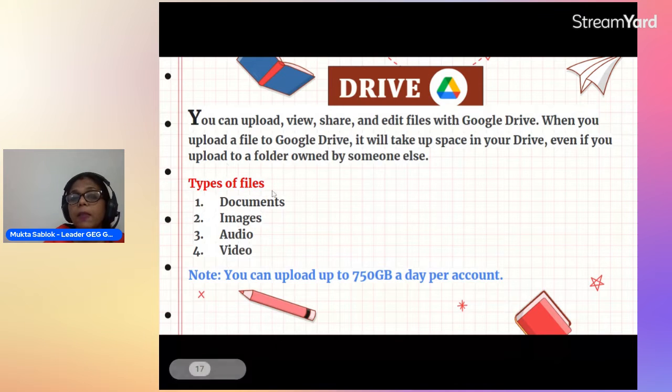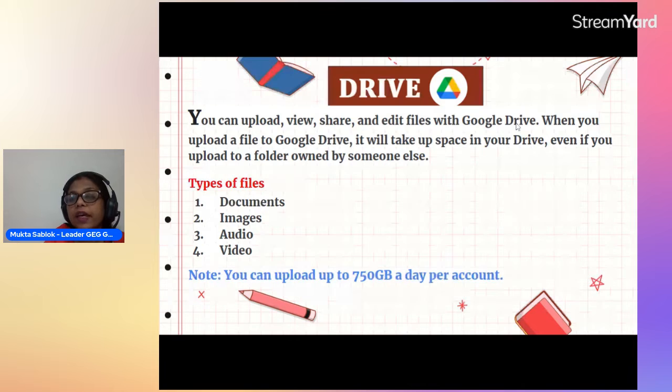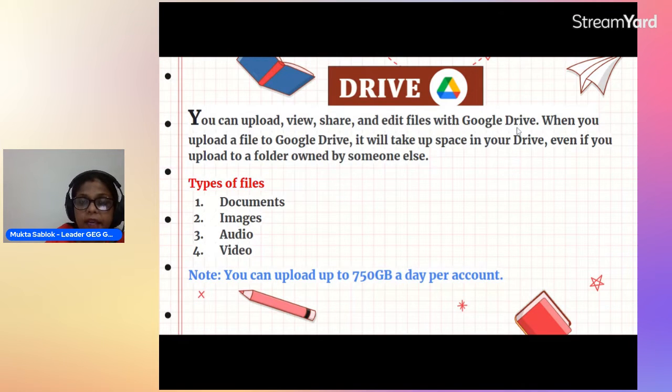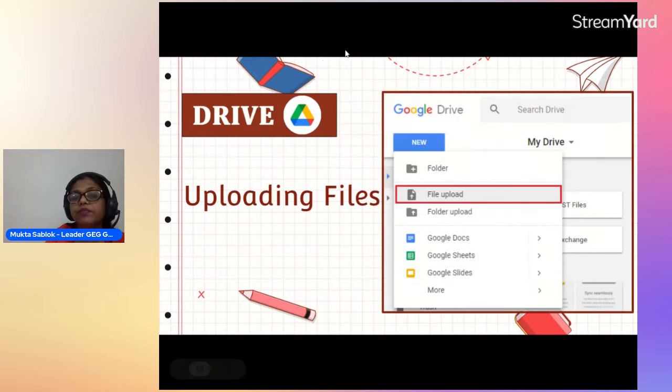You can upload, view, share, and edit files with Google Drive. These are the types of files which we can upload: documents, images, audio, and video. Just remember, we can upload up to 750 GB per day per account to Google Drive.